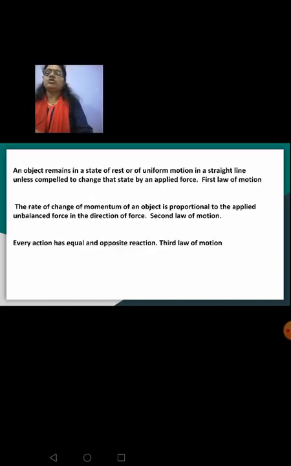Clear to you? So let's summarize what we have learnt till now. We have learned 3 laws of motion, and your third law states that every action has equal and opposite reaction. First 2 laws, while beginning the session itself, I've done a revision of those 2 laws. So in the third law, we have learned that every action has equal and opposite reaction. Action and reaction force act on 2 different bodies, and the acceleration or the magnitude of force acting on the objects will differ because the objects may be of different mass. Hope the concept is very clear.